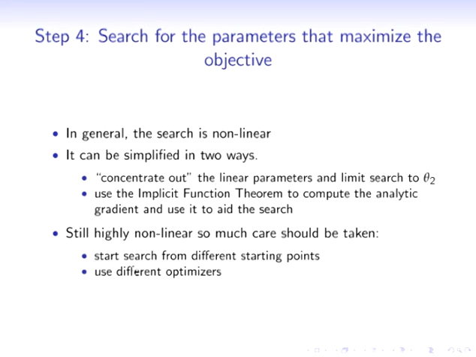The key thing is that even after all this stuff, this is still a highly nonlinear search problem, and we don't really know the properties of it. Okay, all that we know from when we've played around with data is that there seem to be quite a few local optima. Okay, and that's going to be quite important. So when you do this, it's going to be important to start from a lot of different search values and also try different optimizers. Okay, and I'll talk about this in a second and some other follow-up work. Okay, so this is basically the BLP